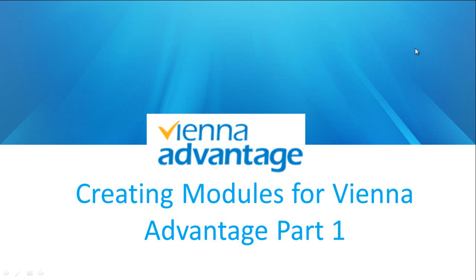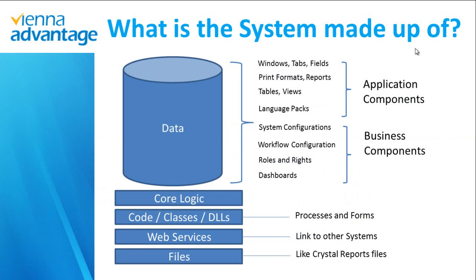To understand how to create modules, it is important for us to understand what the system is made up of. That means, what is the system architecture? So this is an overview diagram of the Vienna Advantage system architecture. It basically shows you all the components, what the system is actually made up of, and as you can see, there is a large